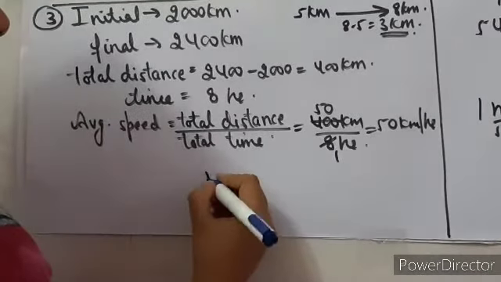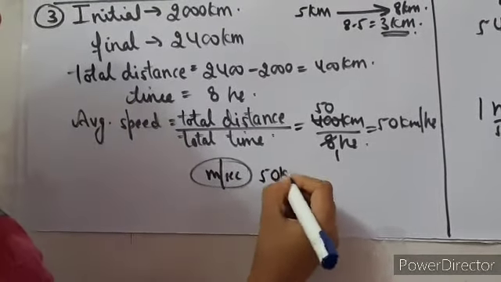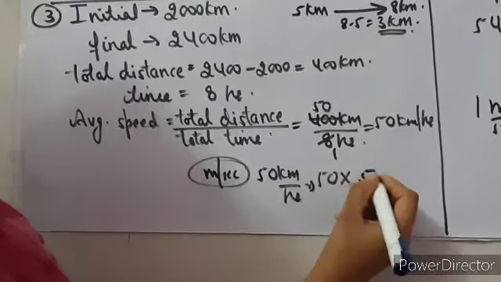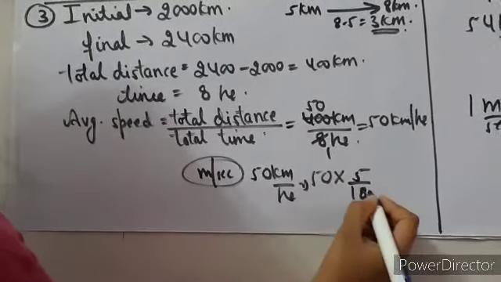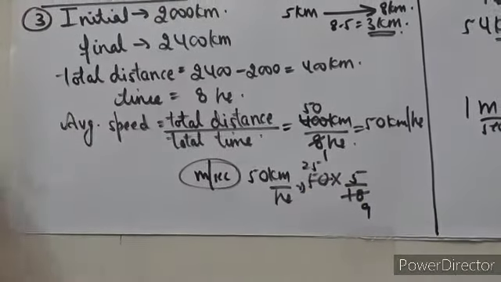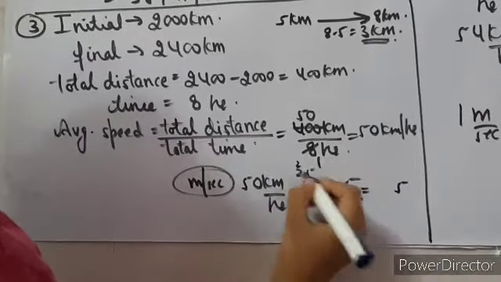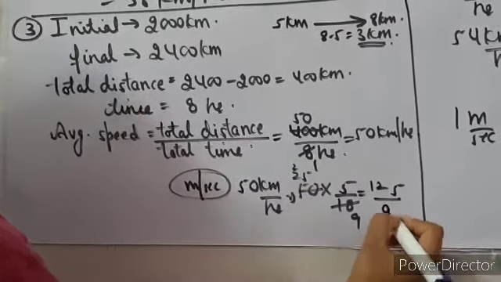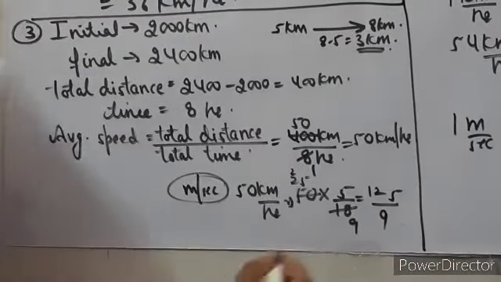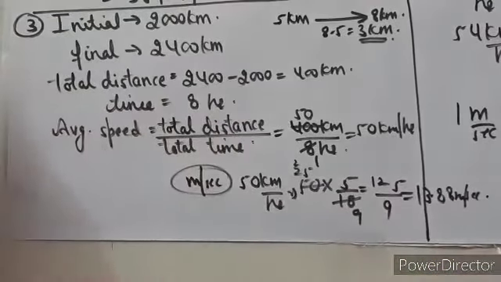Second, they said convert it into meter per second also. So I already told you that if you have to convert anything into meter per second, just multiply that with 5 over 18. So when I do this, 2 9s are 18, 2 25s are 50, 25 into 5, 5 5s are 25, 5 2s are 10, 12, 125 over 9, and when you cancel it out, you will have the answer as 13.88 meter per second.